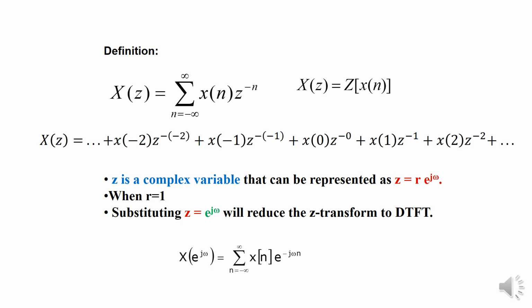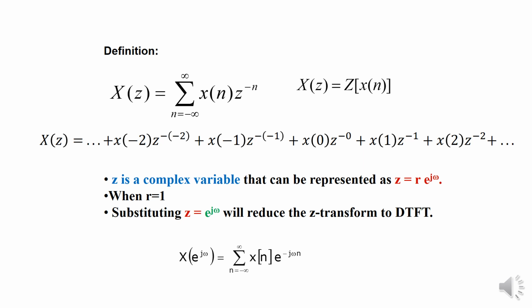So that is as simple as that, right? As you can see here, you have to do it from n equal minus infinity to plus infinity, right? So we'll take a look at what this z is, right? So z is a complex variable, and it is represented as z equal r e to the power j omega, right? As an example, z equal r e^(j omega), which is a complex variable. Then consider when r is equal to 1.